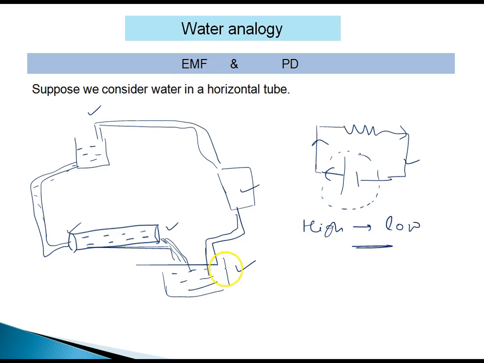Is it possible for a water particle to flow from the bottom to the top height without any extra device? It is not possible. We use a pump at home. Similarly, we use the battery. This battery has chemicals. These chemicals have energy. They give the energy to this positive charge particle, and now the charge particle can move from this end to this end. When an object moves against gravity, it gains energy. So here the charge particle also gains energy. And when the charge particle comes to this point, it again has high energy, and due to that high energy it can automatically move through the circuit.